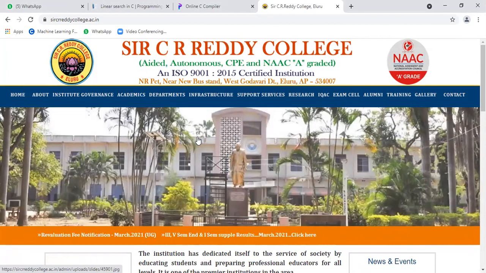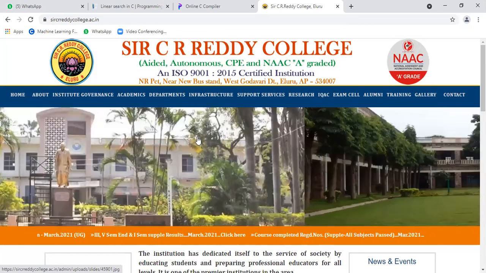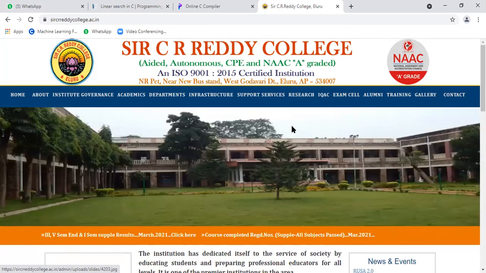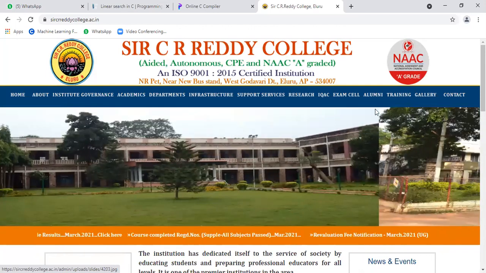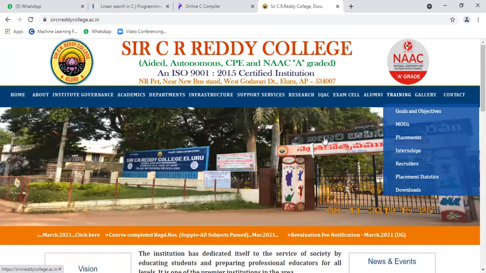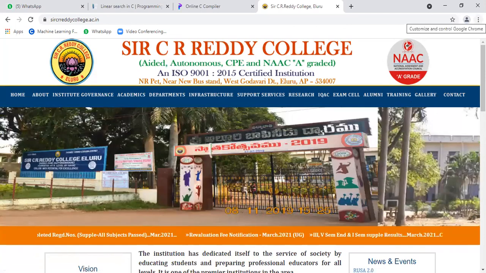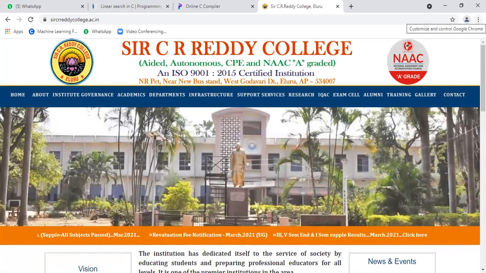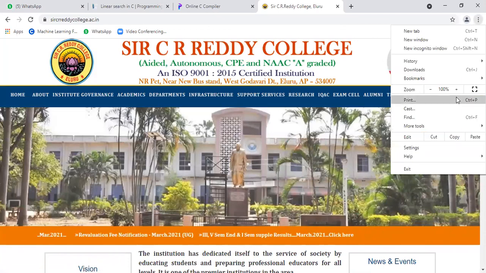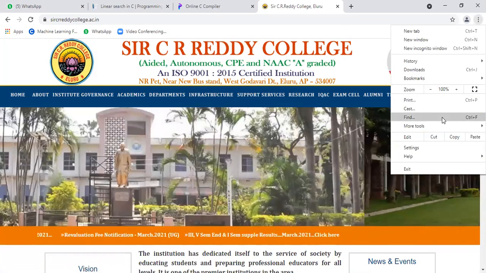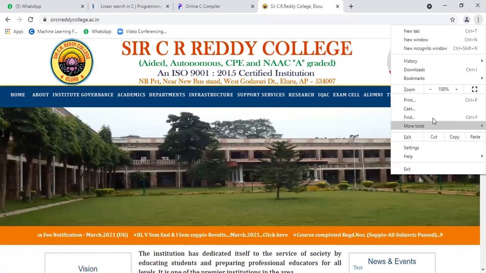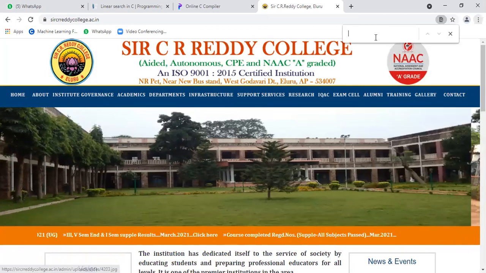Some type of data structure, some type of programming language they developed and they designed the website. That is a secondary issue. But here everything is prepared in order. On that prepared order, we are applying the find option. See here, the right top options. I'm going to find something. Here you can find the option find. This is the searching. Simply, it is giving us the provision like this.